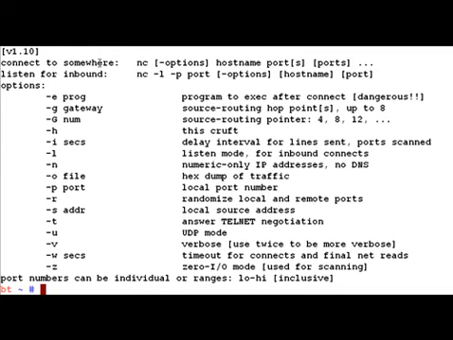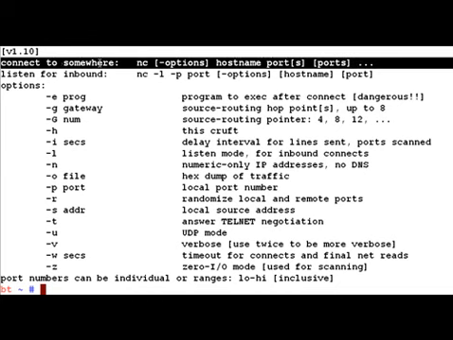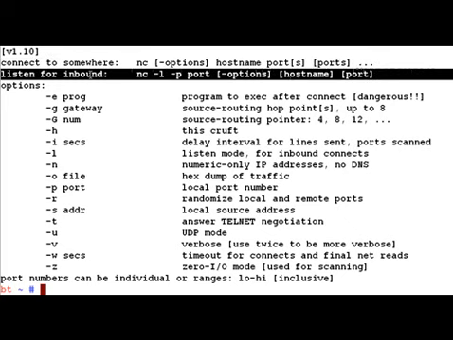As we can find here, Netcat has two modes. One is connect to somewhere, or the client side mode, and the other is listen for inbound, or the server side mode. So without getting into the options for now, let's quickly look at the client side mode and how it functions. Let's try and connect to an HTTP server, port number 80. As you can notice, we are connected, and now let's go ahead and make our HTTP request manually.